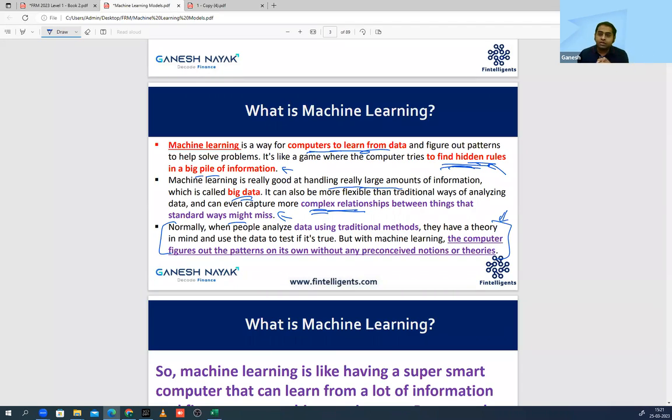Barabar? Ye logic samjha? You might have an understanding that temperature increase is going to increase my sales. If you have that belief, you will take the data and you will verify your claim. Barabar? That is traditional. But when we talk about machine learning, even if you do not have any understanding, just put the data. Obviously, you need to have the code. The system will be able to identify those hidden patterns which are not connected to any of your historical belief. ये समझ में आया? Clear है?